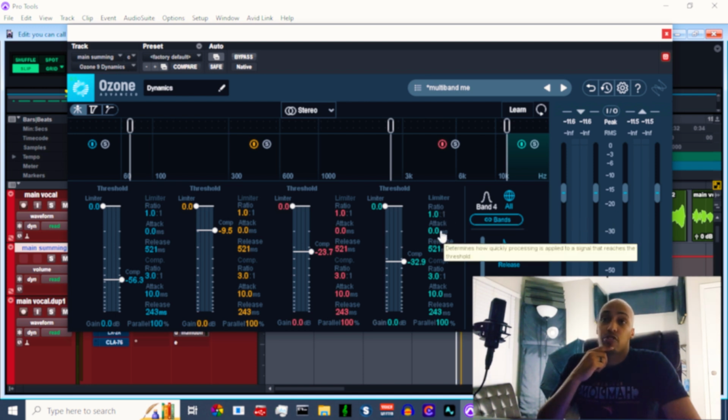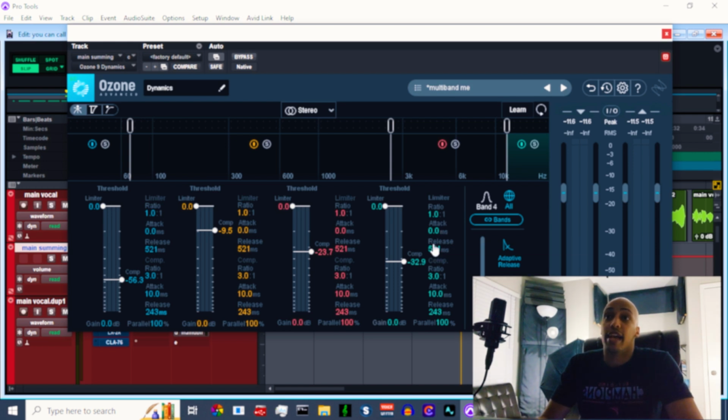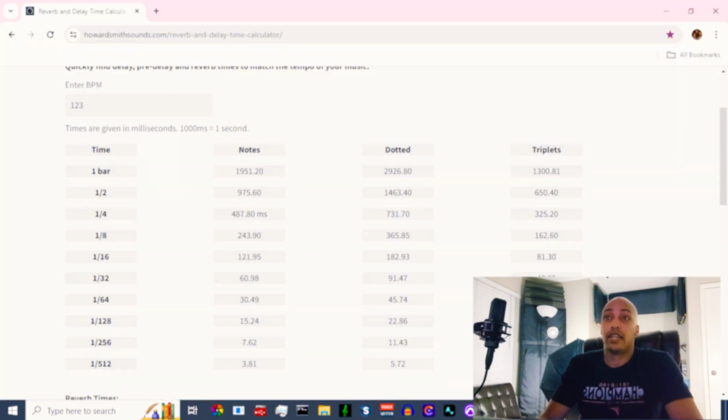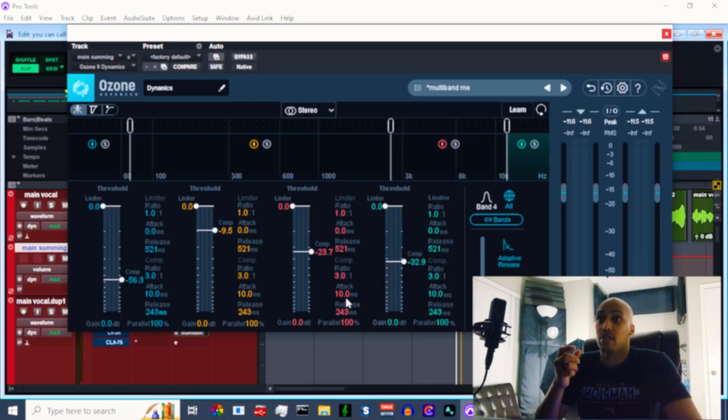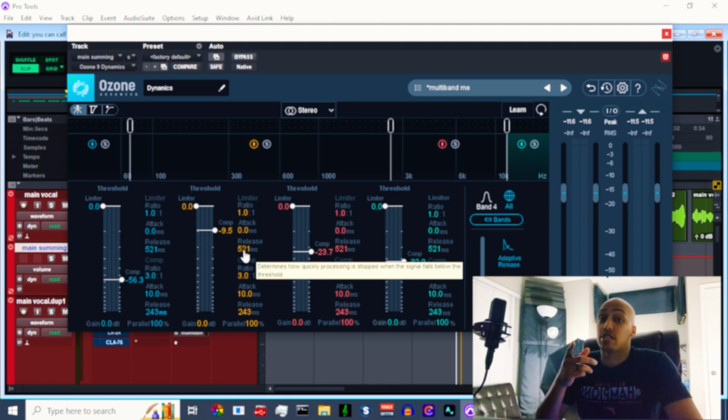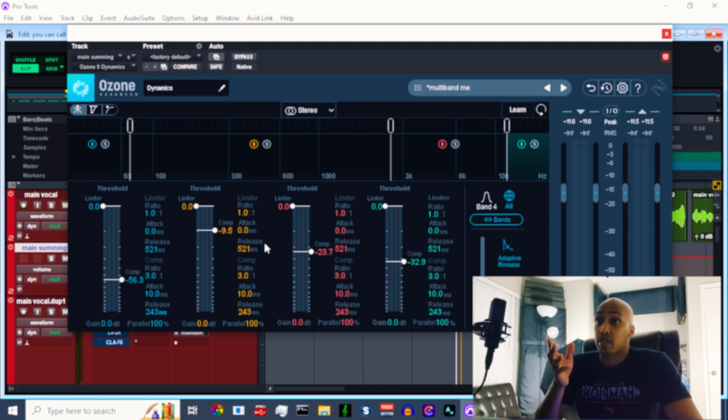I set the attack to 0 because if there is limiting going on, a limiter should be instant, so I just put it at 0 anyways. And then for the release, I like to do a higher release on this one. For example, if this release here is 243, that's what I usually like to play with vocals, about an 8th note. Sometimes a quarter note if it's a slow performance, but an 8th note. So 243, awesome. Now from this point, I go a little bit higher. This should be 487. It wasn't though, it's 521. So maybe in this instance, I just decided to leave that how it was, and I didn't touch it